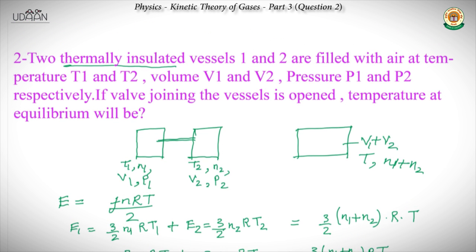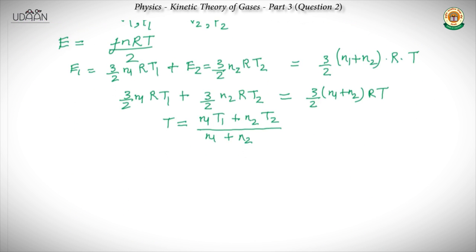Now we go back to the question. We are not given N1 and N2, but we are given the pressure, volume and temperature. So basically we can find N1 and N2 by using the ideal gas equation. For vessel 1 the general equation is PV equals nRT. So N1 would be P1 V1 by R T1